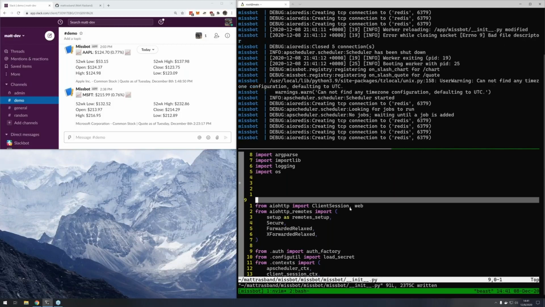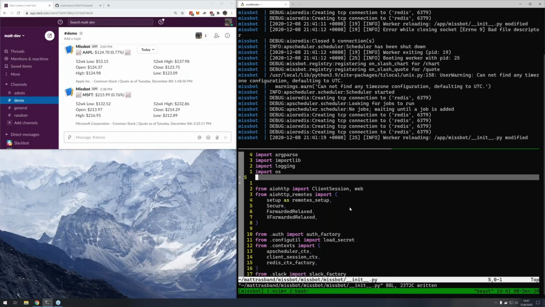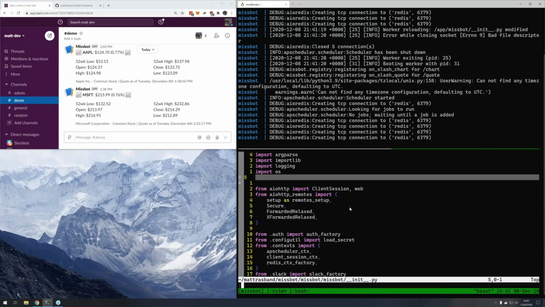So every time you make a change, you don't have to kill and restart your app. You don't have to rebuild Docker. You don't have to do any of that unless you change a base layer, like if we had a dependency or whatever. And then even better, I think a nice bonus we can tap into here